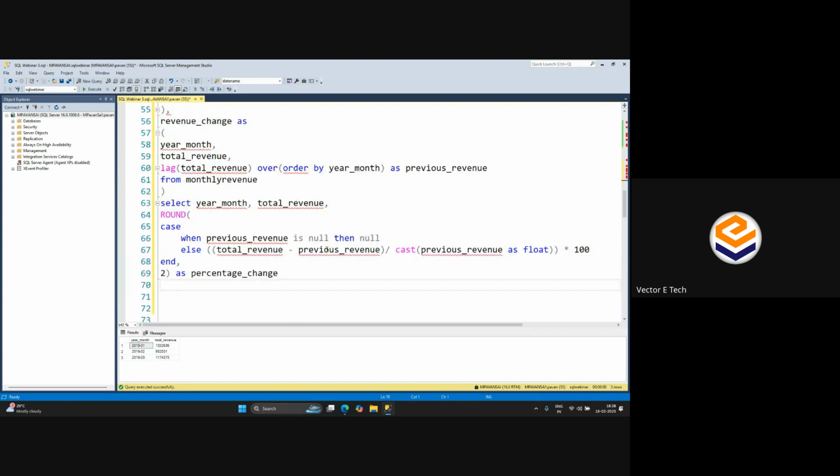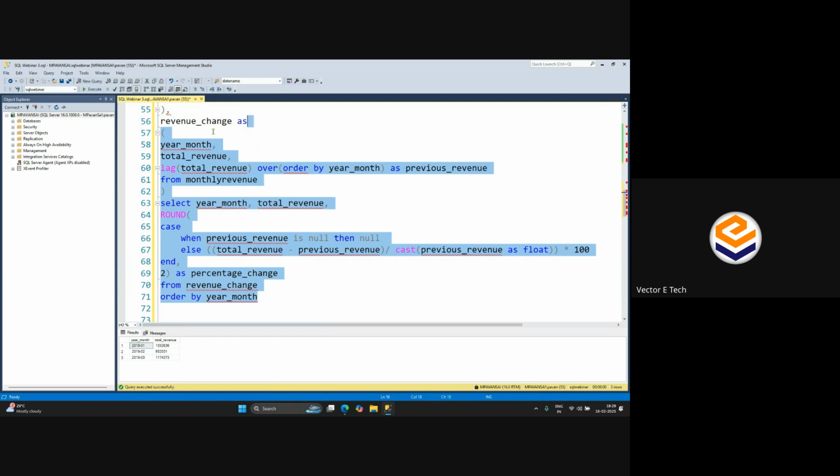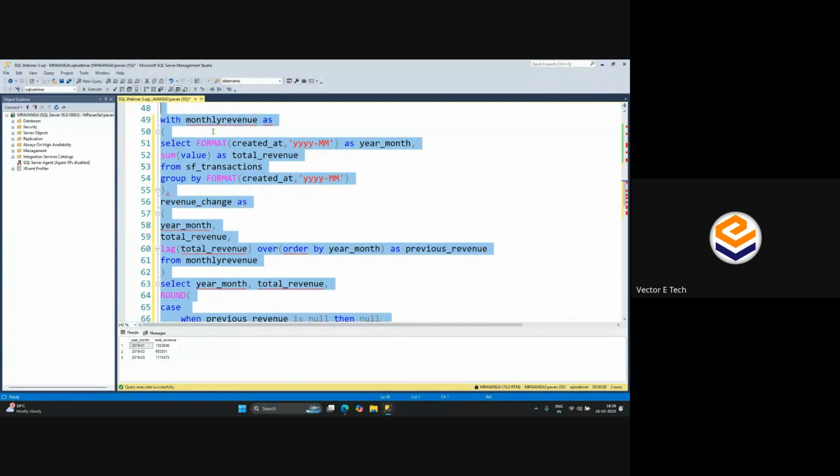You can see the output and will tell. What is the table name? Revenue change. Good. From revenue_change. So to order the data, I can write order by year_month, in case it is not ordered. If I try to execute this query, although it seems lengthy, if you are able to understand the logic,